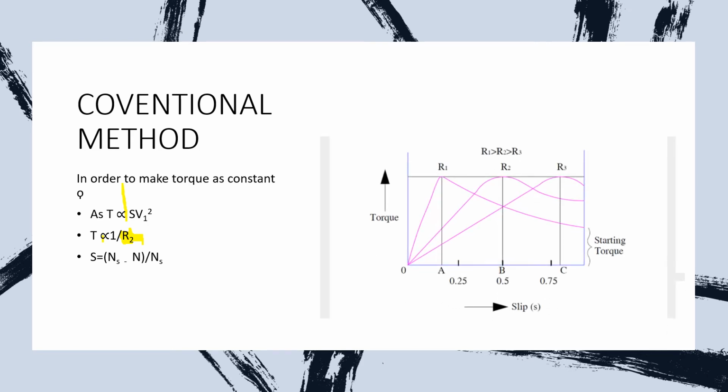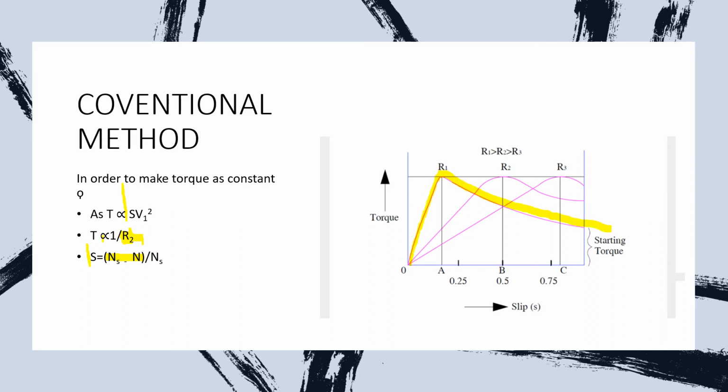This conventional method for variation of rotor resistance is done by inserting a variable rheostat in series with the three-phase winding of the motor. As we have seen, the slip gets increased, which implies the speed also gets increased. Thus, the speed is controlled based on this resistance. And this graph shows the relationship between the torque and the slip. So, the maximum torque is obtained at the initial stages.